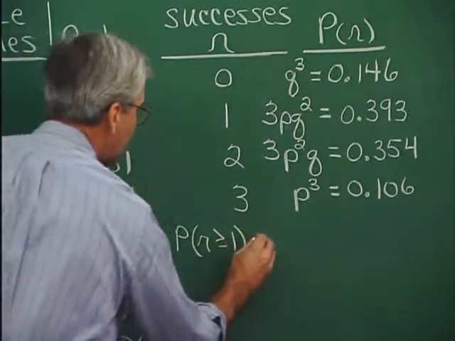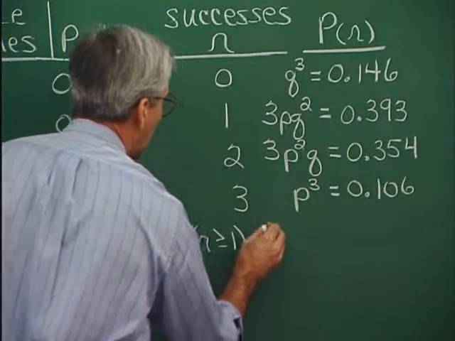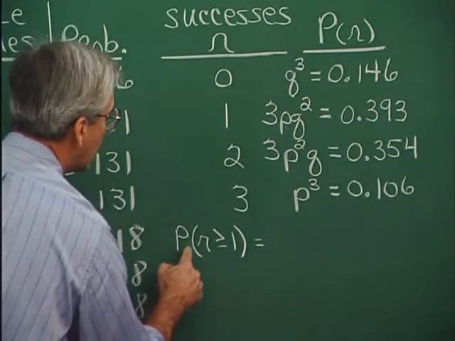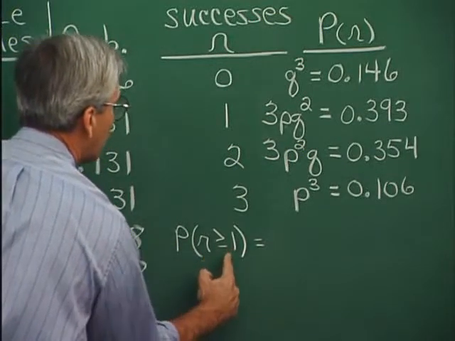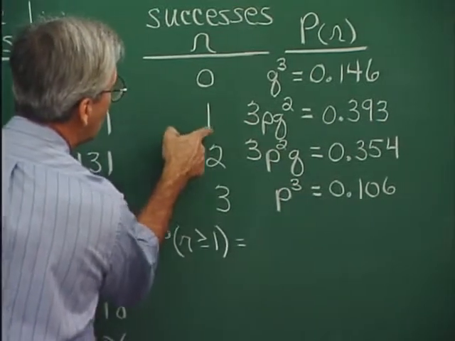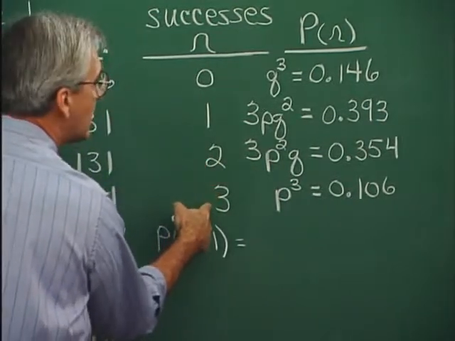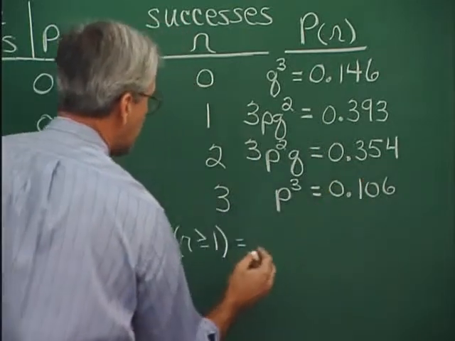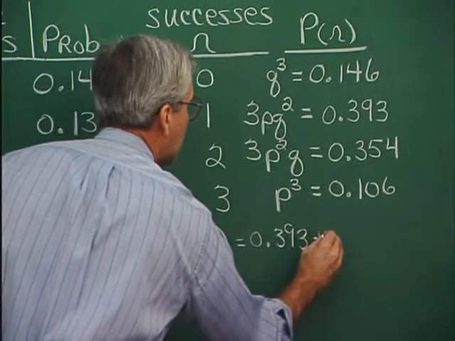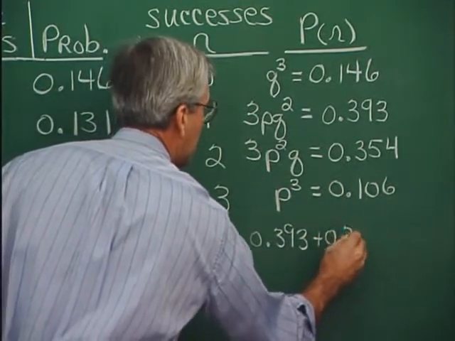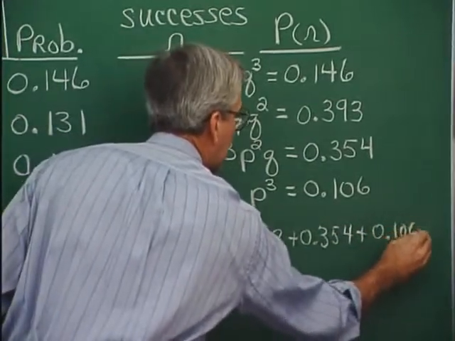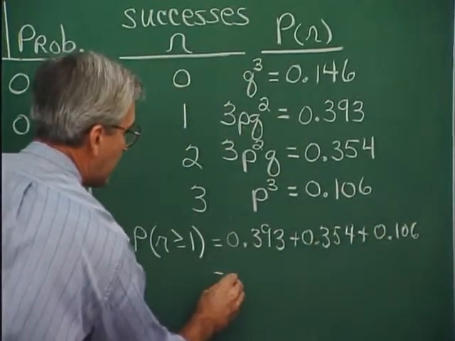And this then would be, and we can take the long way around this, or we can take kind of a shortcut, but the shortcut version is that the probability that R is greater than or equal to 1 would be the sum of the probabilities of R being 1, R being 2, R being 3. And these are those probabilities. So it turns out to be, and that sum turns out to be,